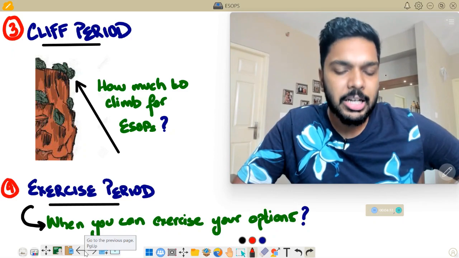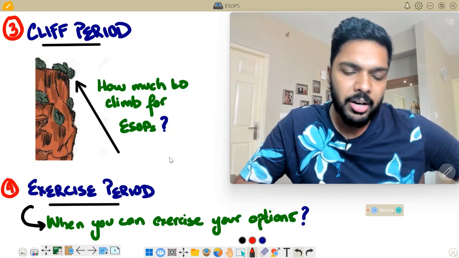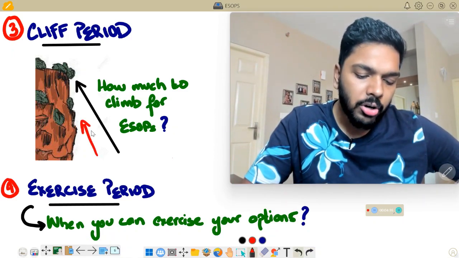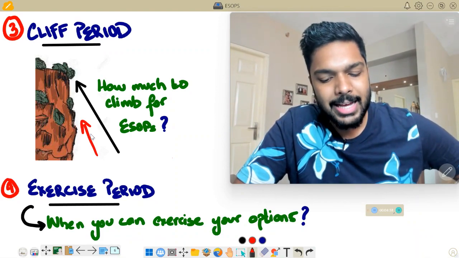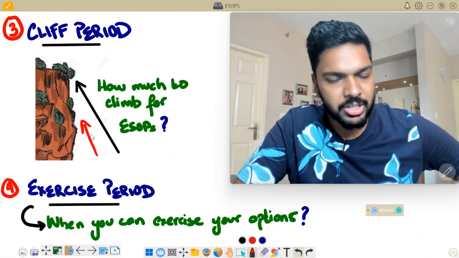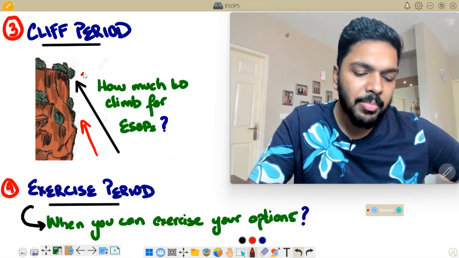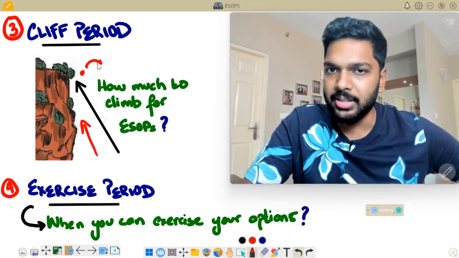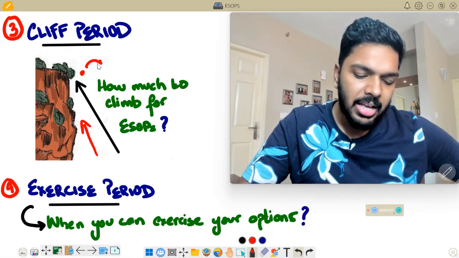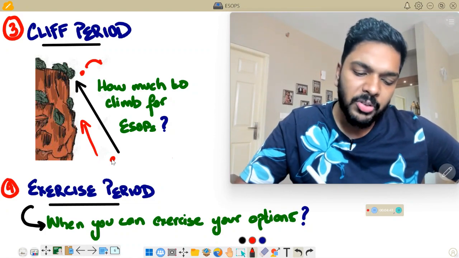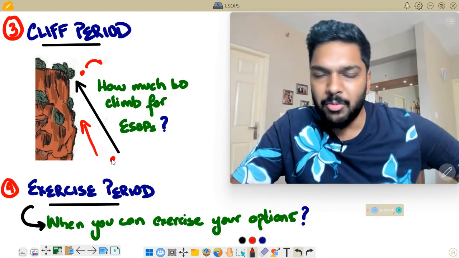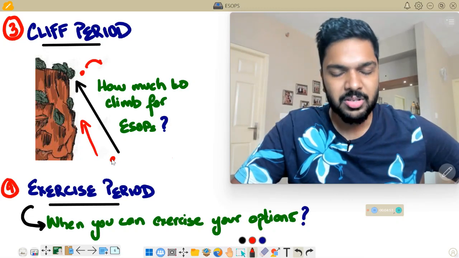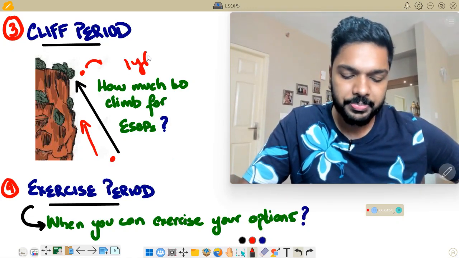The other concept is cliff period. Well, cliff period, in contrast to the vesting period, is the minimum period of employment that you should serve with the company till you become eligible to get the options in your hands. Or in other words, from the day you start your employment, you need to cross a time period in order to be eligible to get these options. Normally for companies, it is 1 year.